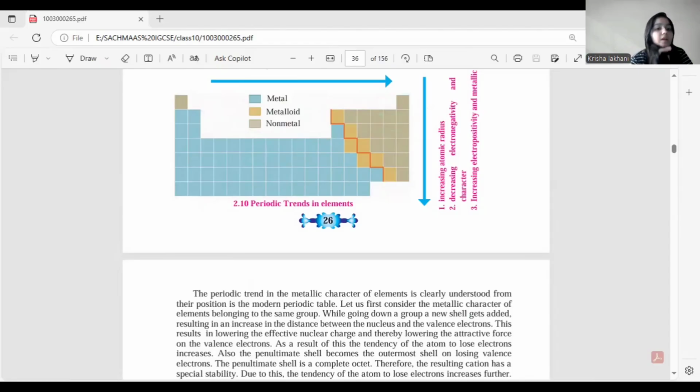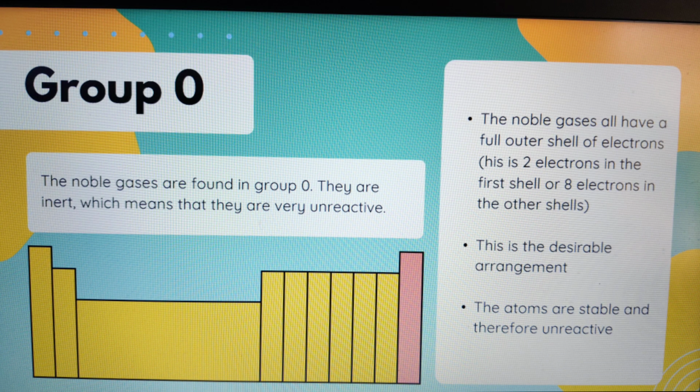Group 0 here, they are called the noble gases. Why are they noble gases? First of all, as we know, when Mendeleev was discovering, he did not give any space for these noble gases. So when they were discovered, he put one 0 group and added these elements into it, because he knew that they are not ready to react with this also and this also, and neither are they giving their electrons, nor taking electrons. So it is better to keep them aside. That is why he gave this group as group 0, the noble gases, the noble ones.